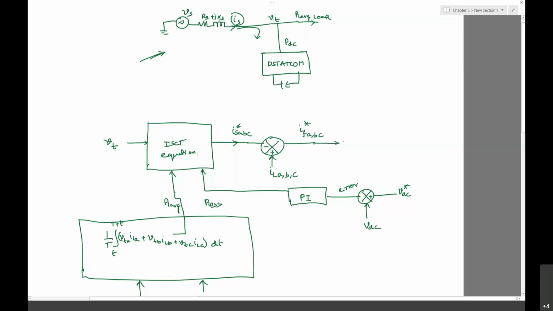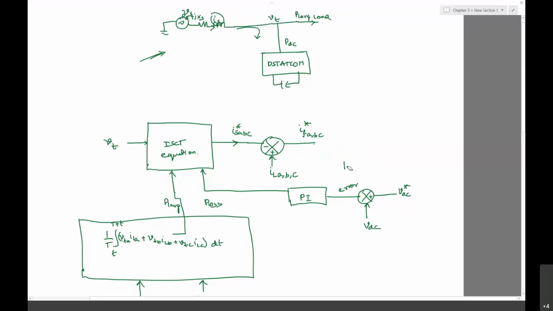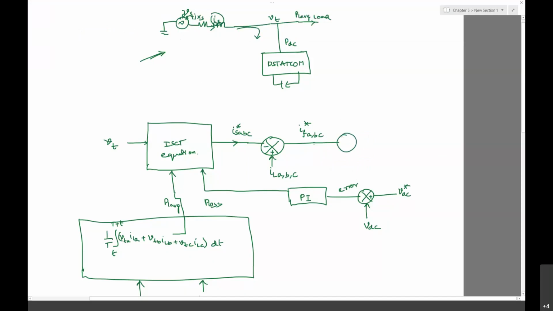Then these currents are given to the hysteresis block, individual hysteresis blocks, one for each phase. Here I made a mistake: what exactly we need is to find out the error, so plus over here and minus for the actual filter currents of A, B, C. And this should be given to the hysteresis block, with a top switch S1 and the bottom switch through a NOT gate.